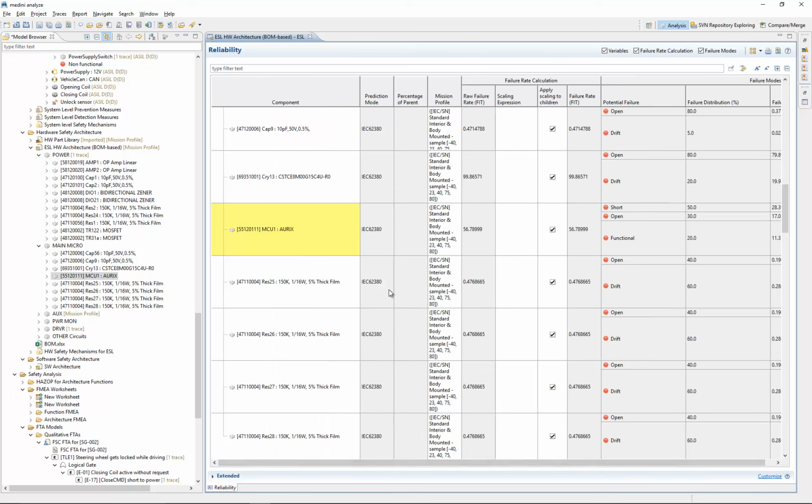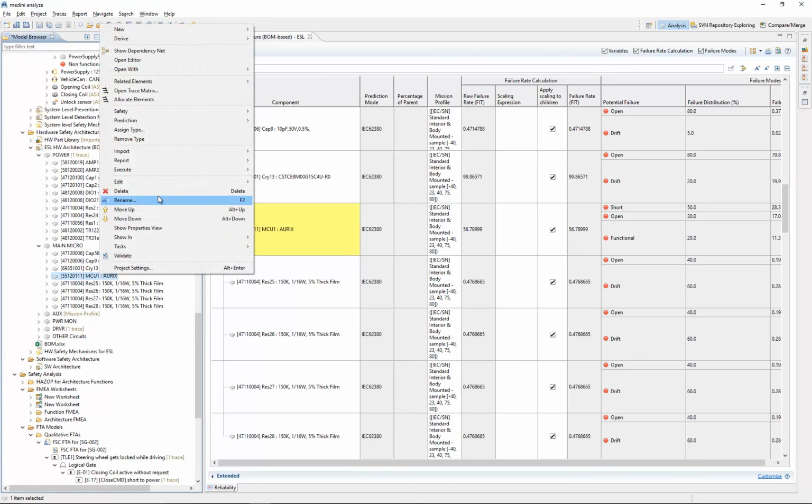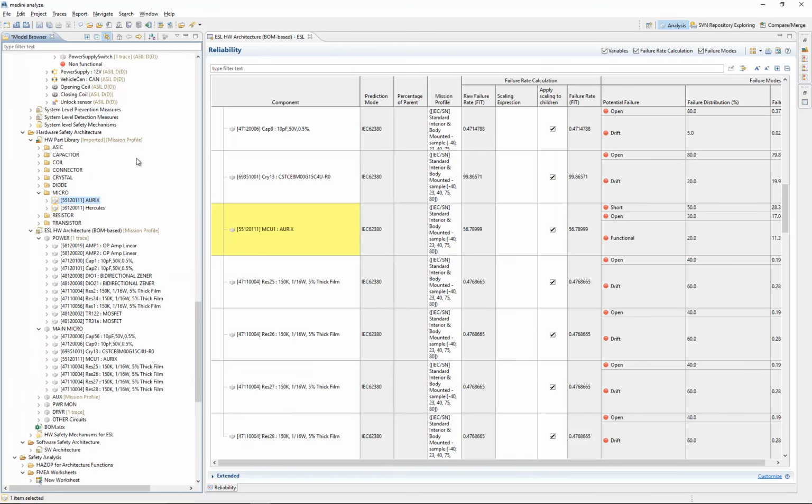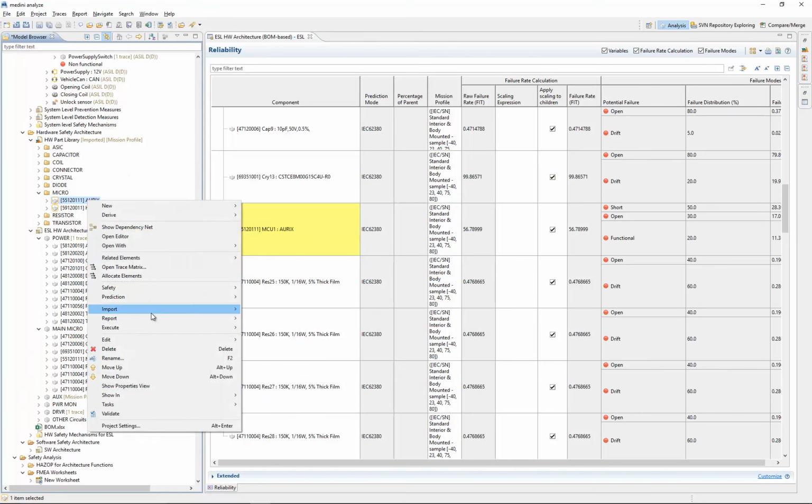There are other ways of assigning failure rates. You can have user-defined failure rates if you just want to budget. You can have sum of failures: if you just know the FIT rate for each failure mode, then you can assign that. You can also do that, and all of that can be done either on the instance level, in this case MCU1, or we can also go back to our type definition, this Aurix definition here, which I can open in my